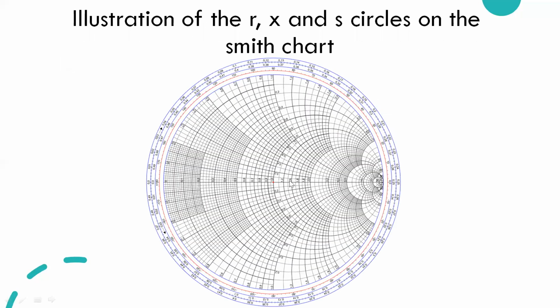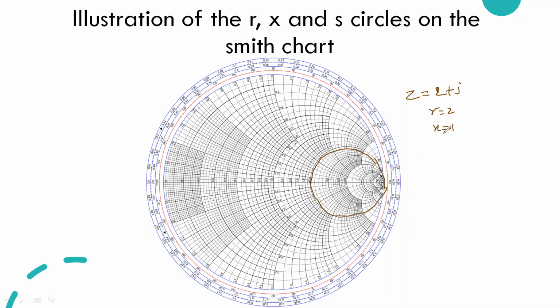Here, if you want to look at some examples, let us take one impedance value to show both the resistance and reactance circles. Let us take Z equal to 2 plus j. Here R equals 2 and X equals 1. It is plus 1, so it is on the inductive side. If you want to point R equal to 2, this is 0.1, it goes on to 1, and this is the 2. This is the R equal to 2 circle.